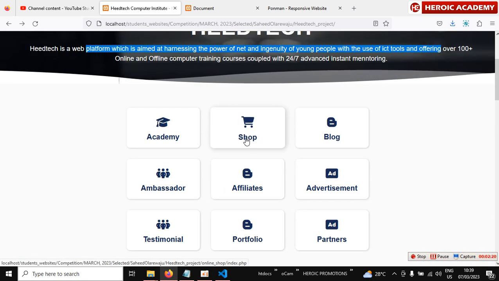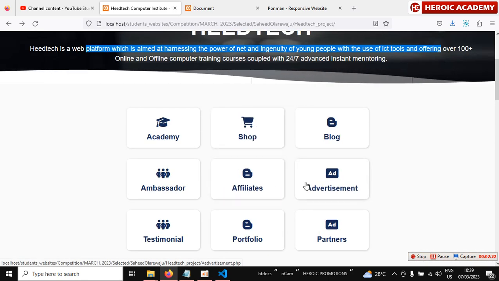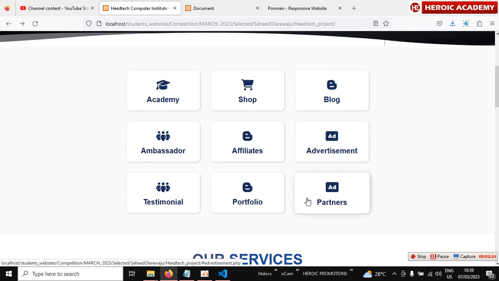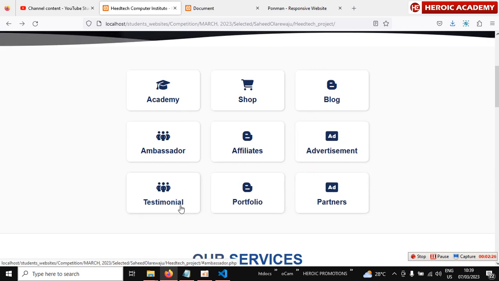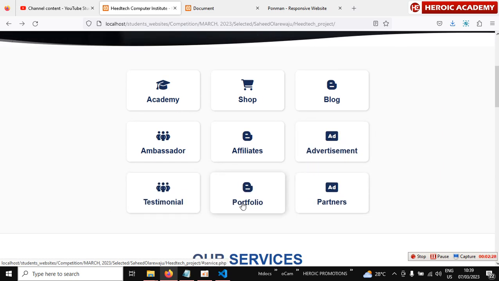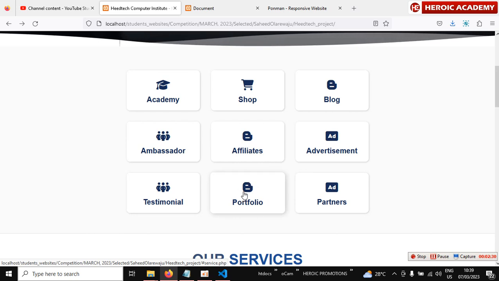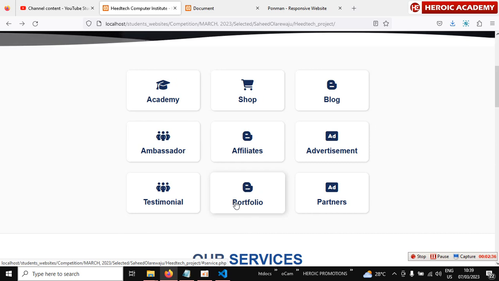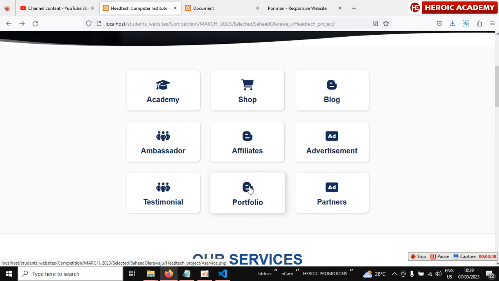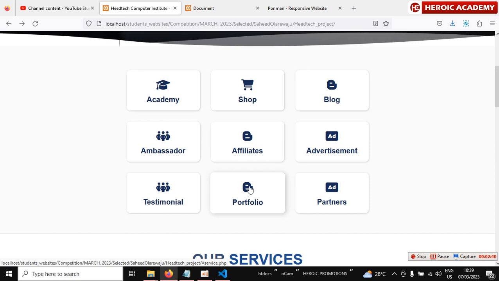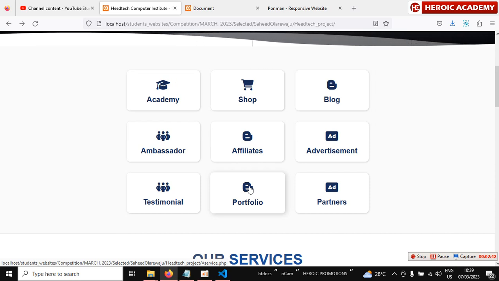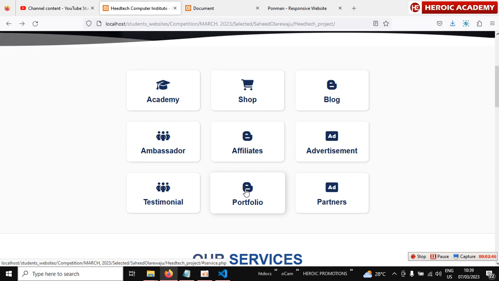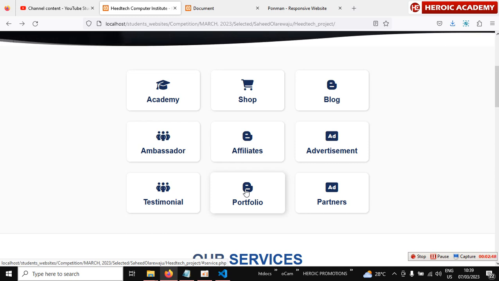And another thing I didn't point out is that some of these icons, the icon you use for it does not reflect what they are. For example, this portfolio, you are using a blog icon for portfolio. Okay, so you shouldn't. So you look for an icon that will match what you are offering. Okay, so that said,